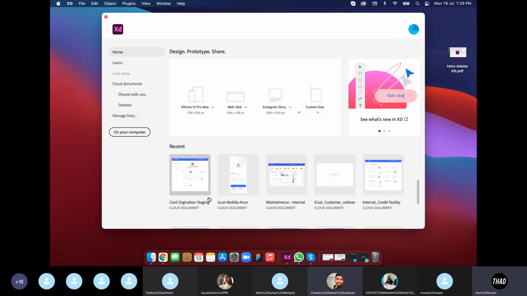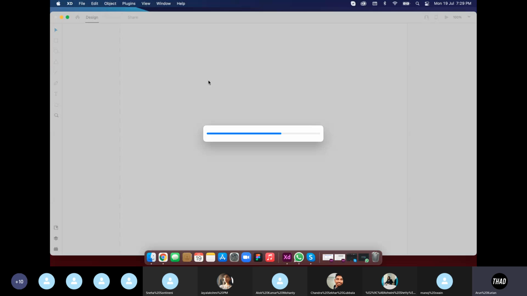Is it an open source tool or a paid tool? No, it was actually a paid tool. It was open 2 years before, but then they changed it. But if you want to have a look at it, you can obviously download a trial version later on. If you wish to purchase, you can do it. But anyway, since you asked, that is the home page of that particular tool. And if I have any project, I can click on it and it will open it like this.